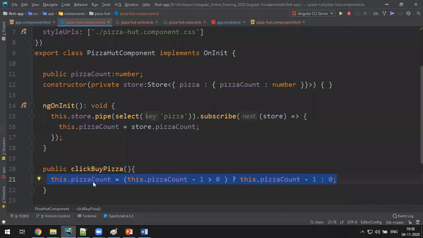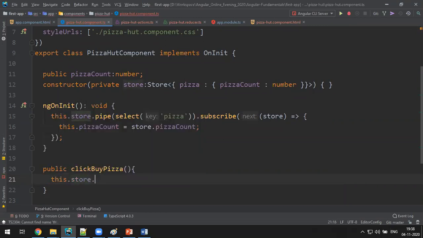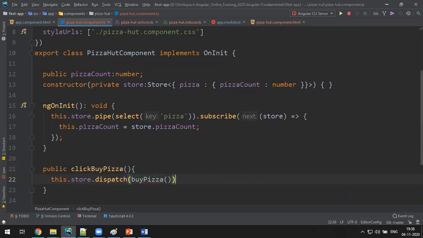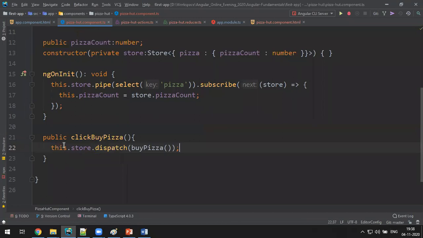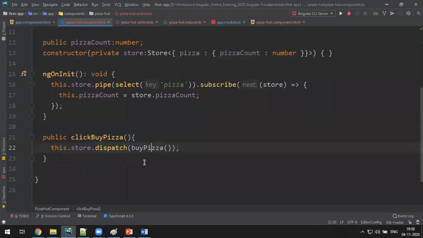So what I do is, instead of this, I'll say this.store.dispatch. How to dispatch an action: this.store.dispatch, and the action is buy pizza. See, I'm not doing any logic here. This.store.dispatch buy pizza. This is my action. Okay, so that action has been triggered